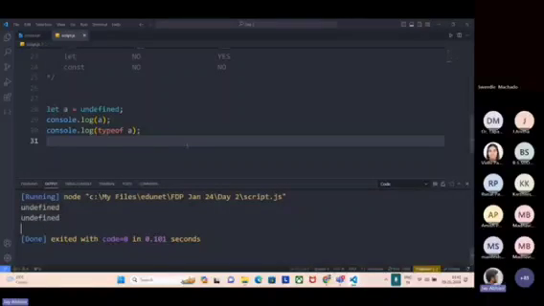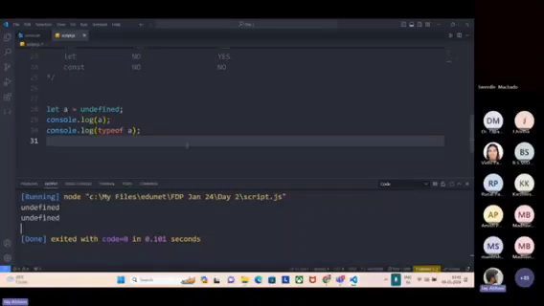Now, what is the difference between null and undefined? Null you can use when you are sure that this variable is going to hold null all the time. You are pretty sure that this variable holds a null value, an empty value. That time you can write null. But if you are not sure, if probably in future this variable might get some value, but I'm not sure what kind of value it will be storing,